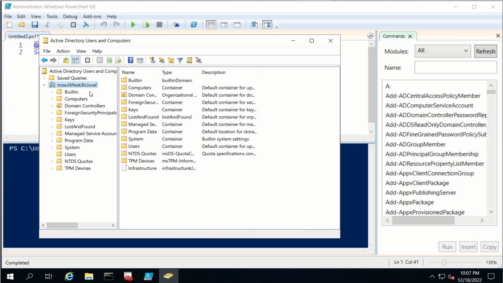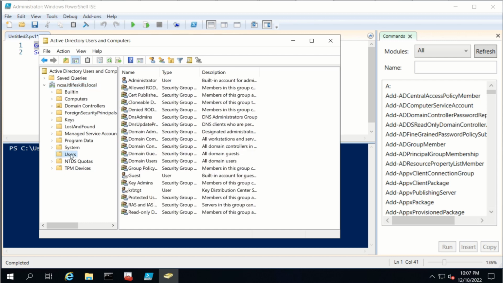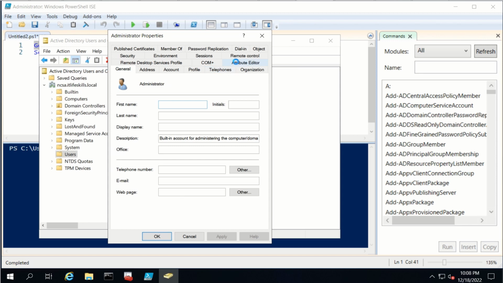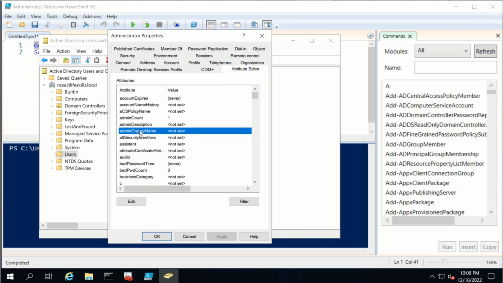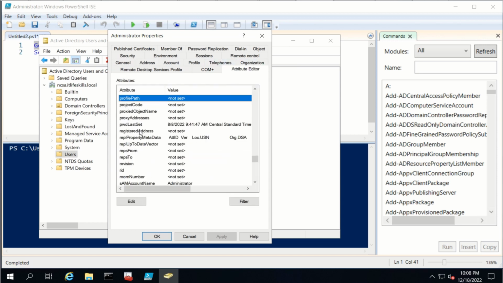Let's verify the project code attribute is populated to the user object. To do that, we need to click on the user's container and open the administrator user and click on attribute editor and search for the project code. As you can see, the project code attribute is populated to the user object, and in this case, it is